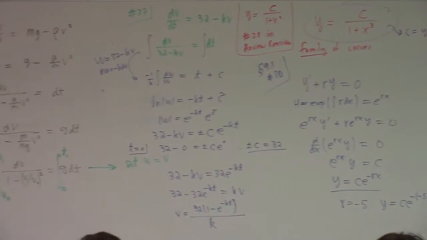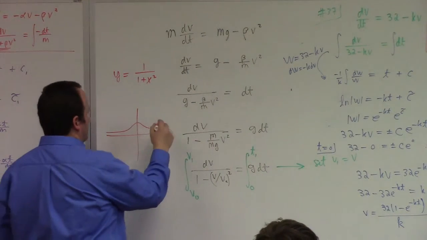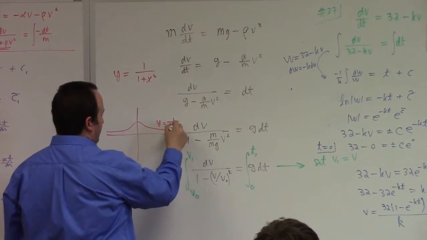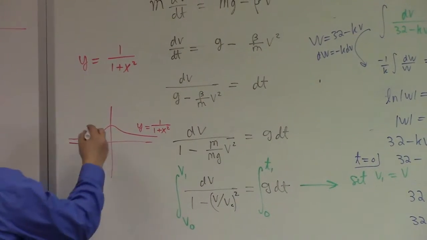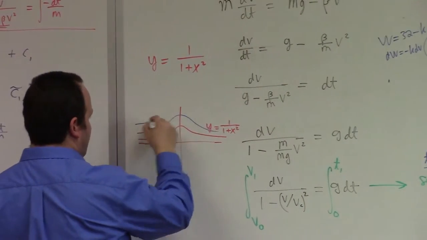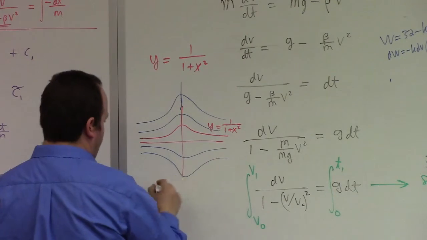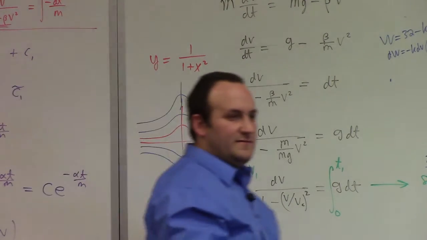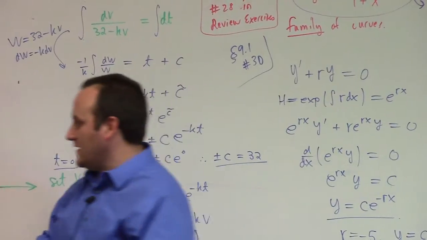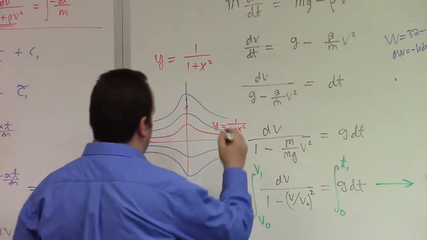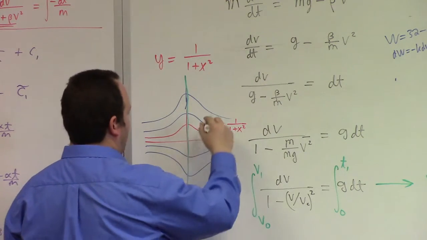1 over 1 plus x squared is kind of boring. It's just like whoop, whoop, like that. That's y equals 1 over 1 plus x squared. If you multiply that by a positive or negative constant, what happens? You just get one of these guys. So anyway, the given family for the review exercise is a pretty simple family of curves, and you're supposed to find orthogonal trajectories to that, which would be something like, I guess, one of them is this. But then other ones are stuff like,